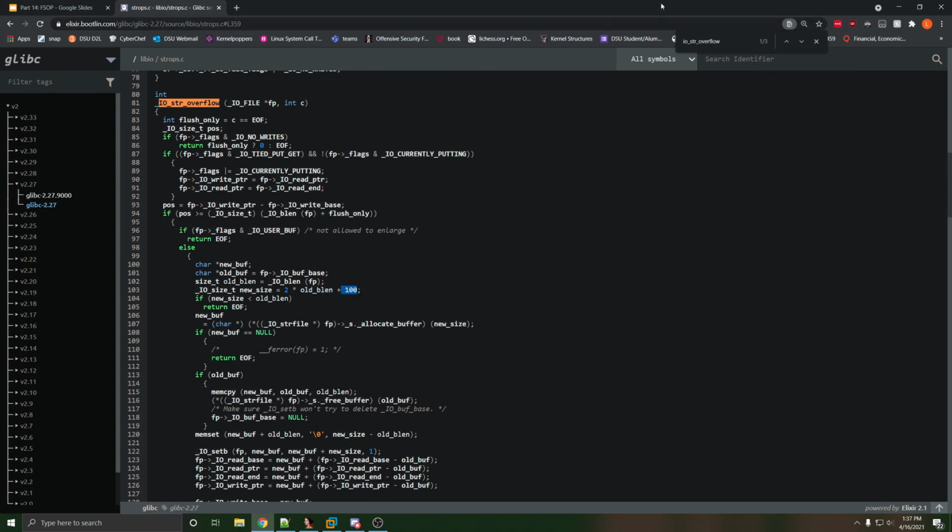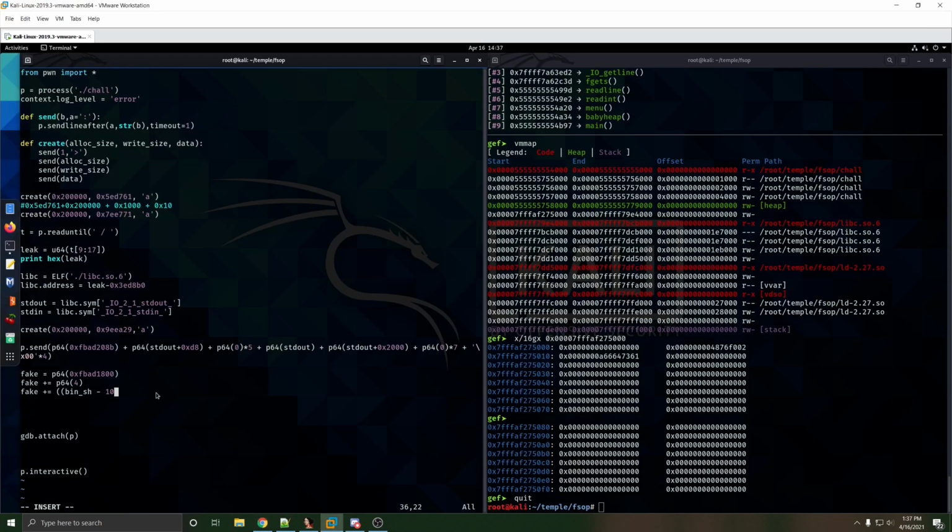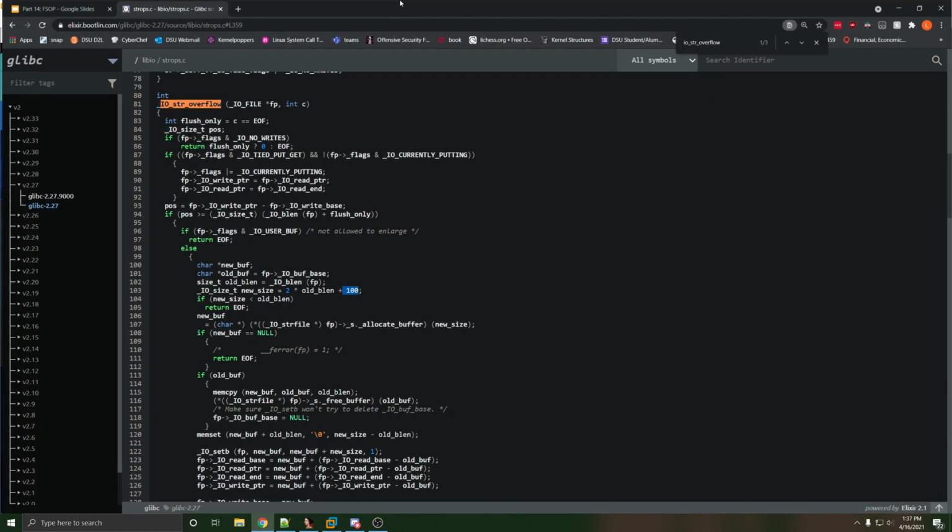So we have to make sure that our bin sh actually conforms to that stuff. So minus 100 divided by 2, fake plus equals, we can do more zeros, times 2, fake plus equals, just copy this one again. These two need to be the same because there's a check whether,